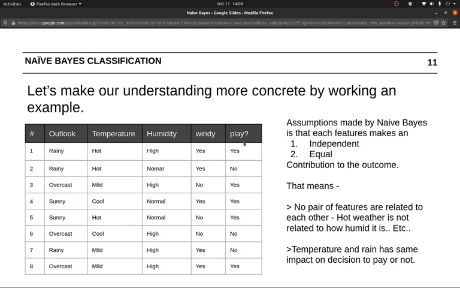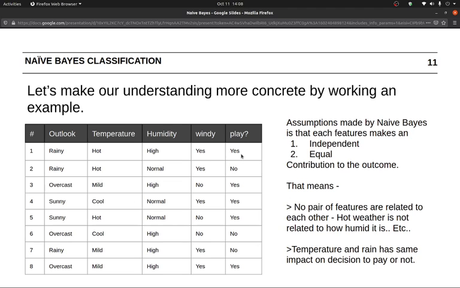And finally something we are trying to predict. Should we play or not? So you would see every record giving a set of features and a class being whether you would play or not. Now our goal is, given a set of features, can we predict the class outcome?